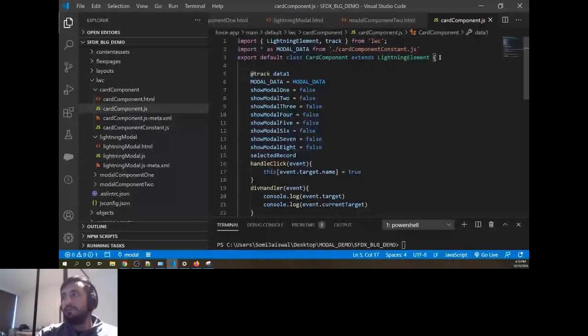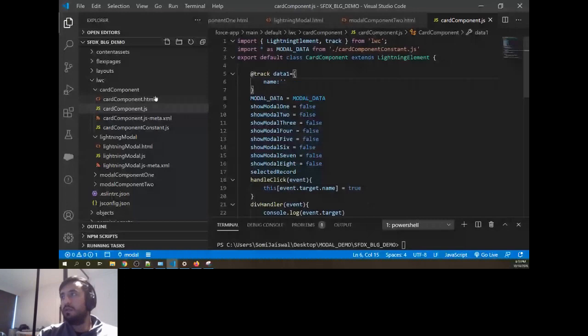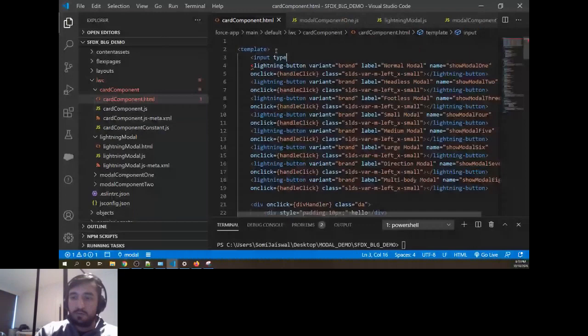Right now empty, and I'll quickly create an input field here on the top. Right now I'm creating only an HTML input type equal to text, with a change handler. That's enough. And whatever I change, I'll show it on the screen below here, data1.name.